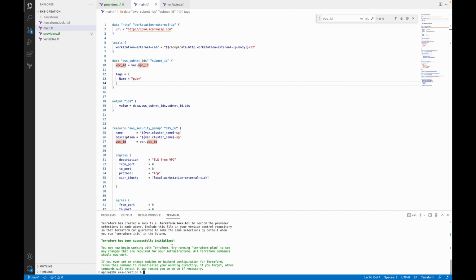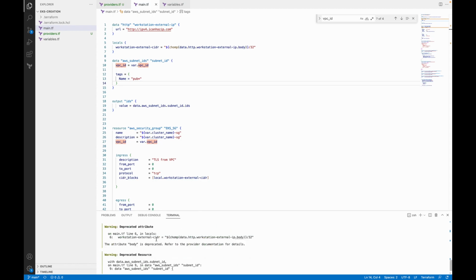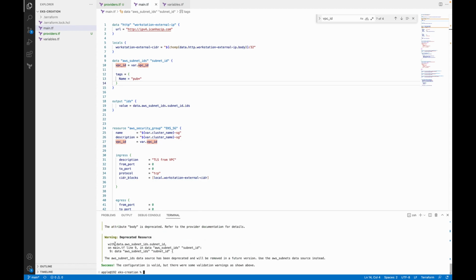So it successfully initialized. Now I will run terraform validate to check whether our configuration or script is correct or not. It's giving us one warning, this is not an error, so we can go ahead. The subnet data source is deprecated. So okay,